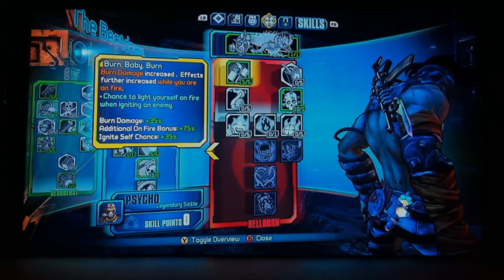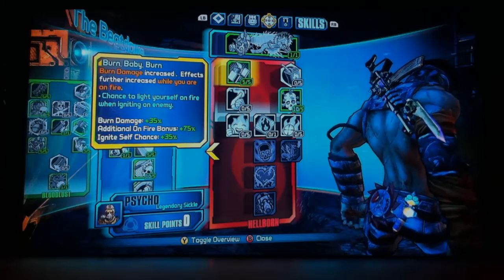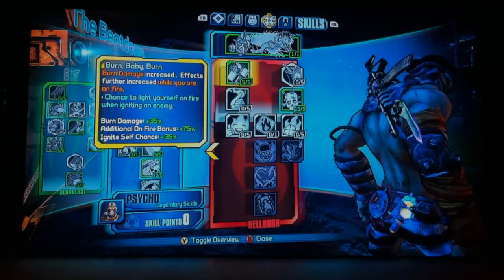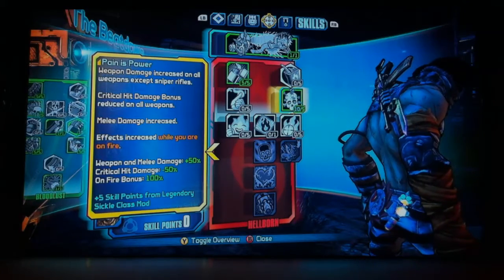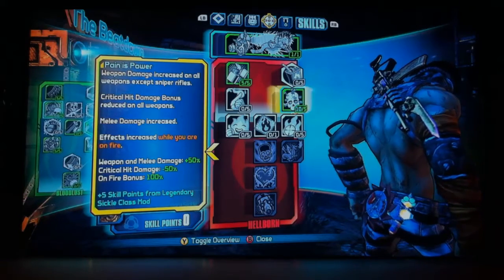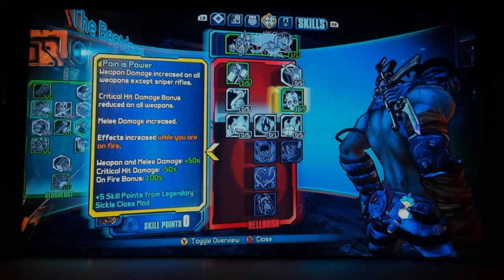And I wanted to get the burn damage because I have a fire butcher I'm going to show you guys later. I got a fire butcher, and I can set myself on fire and do more fire damage, so it helps out with the butcher a little bit. Pain's power, what it does and why I wanted it was because it got boosted by my class mod. It gives me more weapon and melee damage,